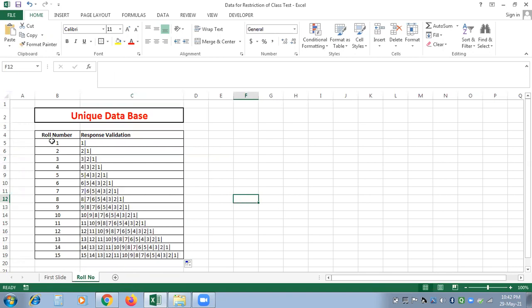I am taking an example. In my class, there are 15 students. The class strength may be more than 15, so according to your class strength, you can create this response validation number.